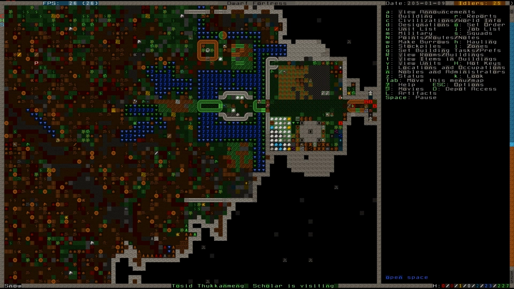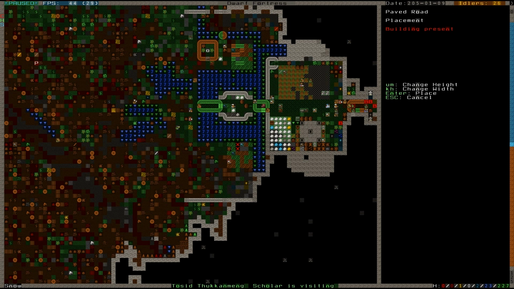Alright, so let's check whether we can actually make the paved roads. Oh, we can't for some reason. I don't know what disconnected means. We can make it like this. Wait, what if we... Can we do that? Oh, we can make it in separate sections. Okay. So in that case...